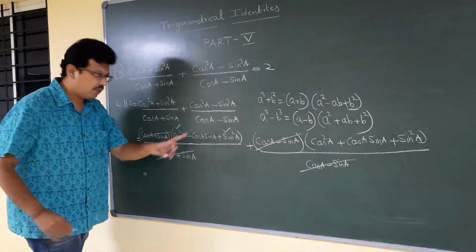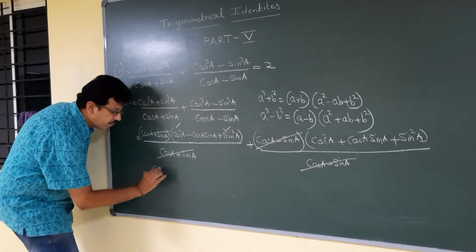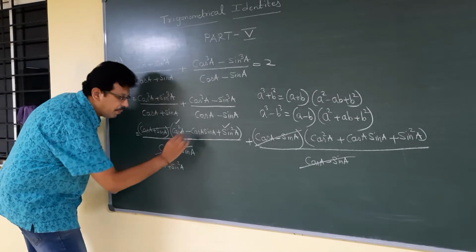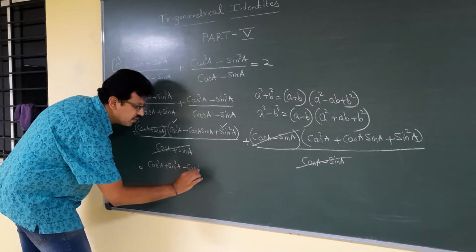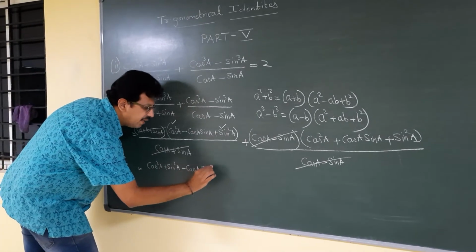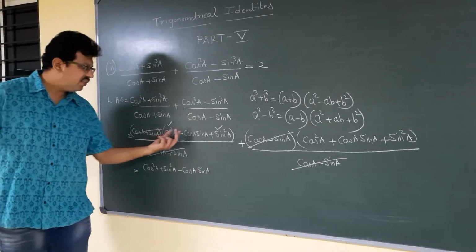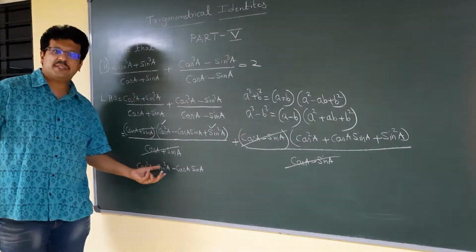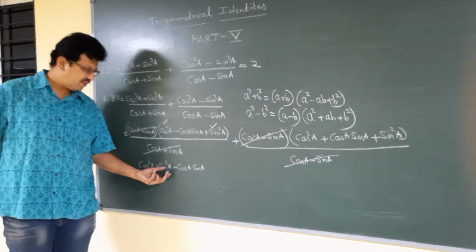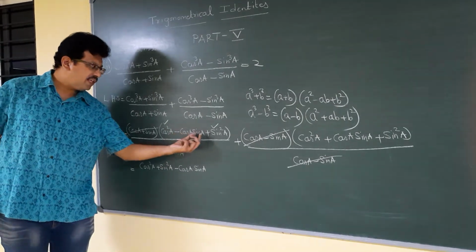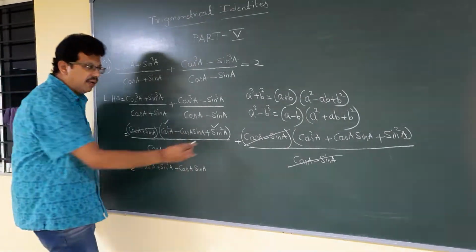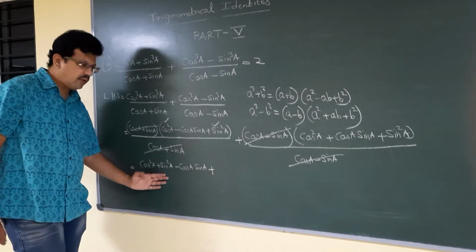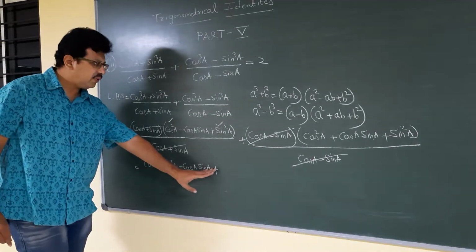You have to arrange the terms. Cos square A plus sin square A minus cos A into sin A. I'm arranging these two terms together, because you children know that cos square A plus sin square A is nothing but 1. That's the reason I have arranged the terms. And minus cos A into sin A I have written as it is. And here plus is there, I will write plus. There is no denominator. You don't have to write by 1. Just leave it.